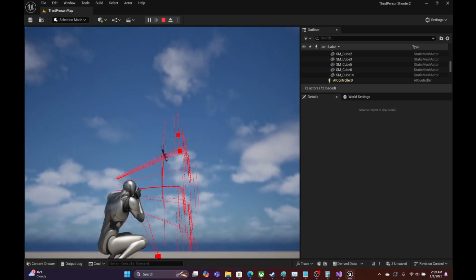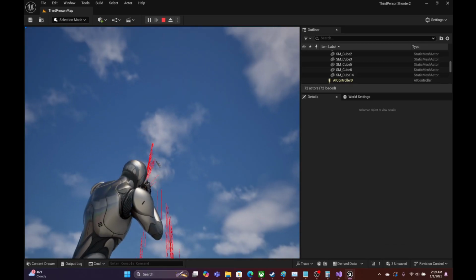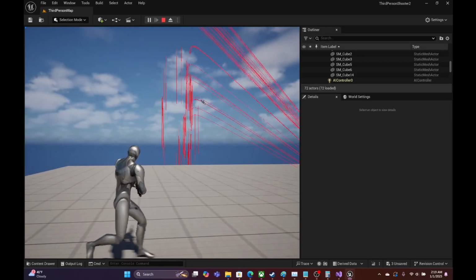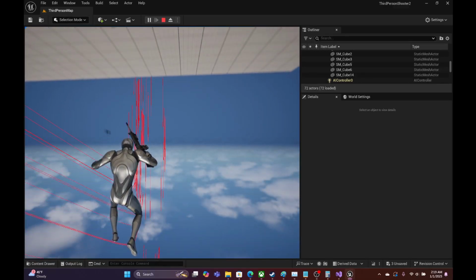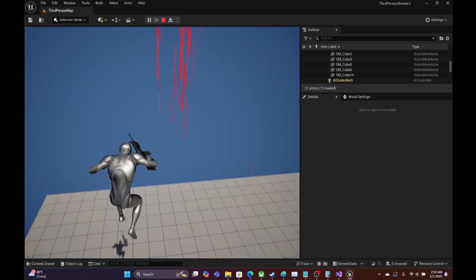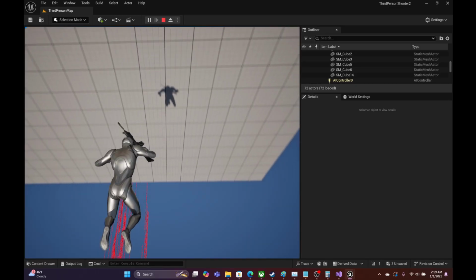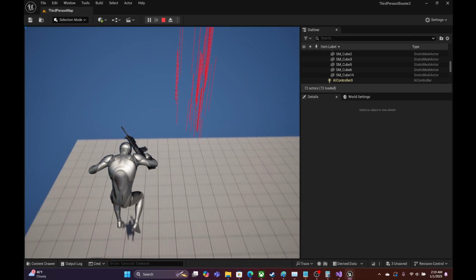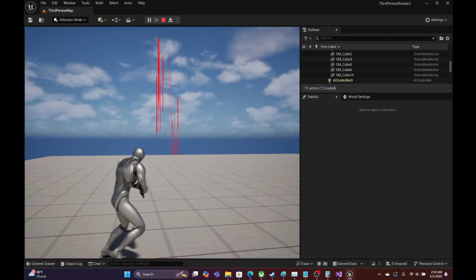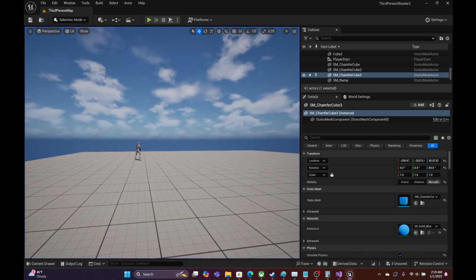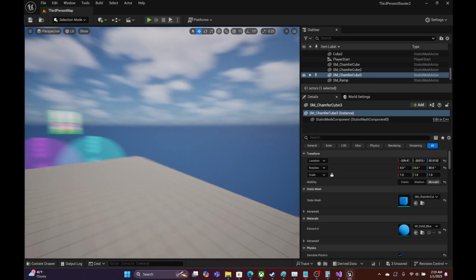If you're wondering why this stuff's floating, there's a reversed gravity zone right here, and it's a higher priority, but it's nested in a regular gravity zone, which is why we bounce back and forth. So if I get out of here,